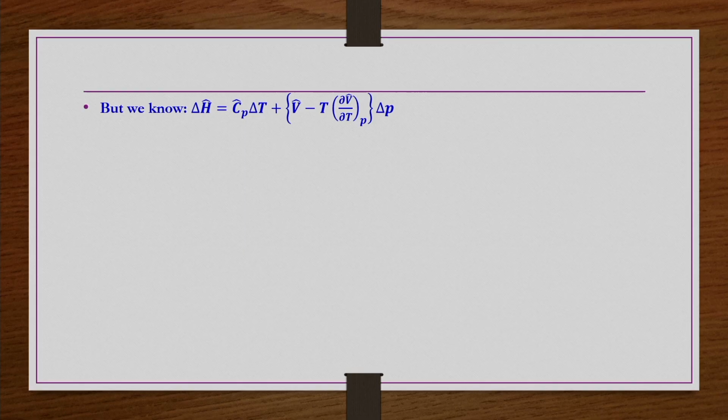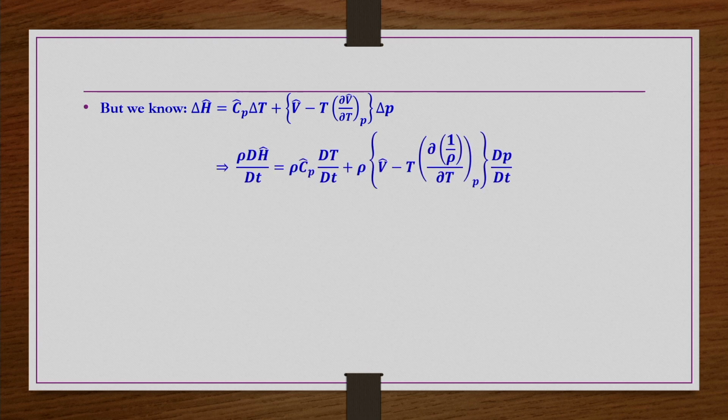We have to make use of this relation, that is delta H tilde equals Cp tilde delta T plus V tilde minus T dou V tilde by dou T at constant pressure, multiplied by delta P. This equation we have to make use of. Now, on both sides of this equation, first take the substantial time derivative